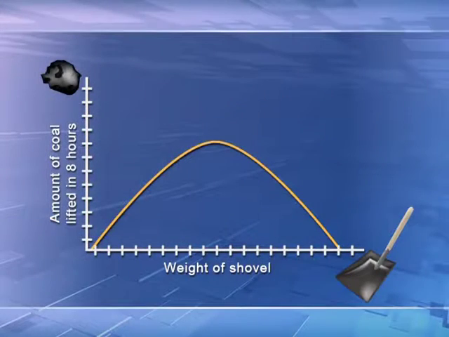So what we can do is we can turn this real-world problem into a mathematical function, a graph, and we can think of that graph as a landscape. So what I can do is I can plot the weight of the shovel on the x-axis, the horizontal axis. And I can plot the total amount of coal that someone could lift in an 8-hour shift on the y-axis, the vertical axis. What we see, which we just explained, is the productivity is first going to increase as the weight of the shovel increases, but then it's going to decrease. If we think of this graph as a topographic map, what do we have? We have a two-dimensional Mount Fuji. The slope goes up, reaches a peak, and the slope goes down.